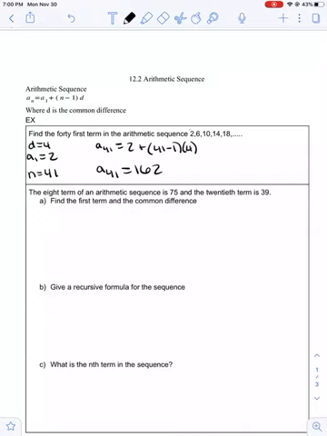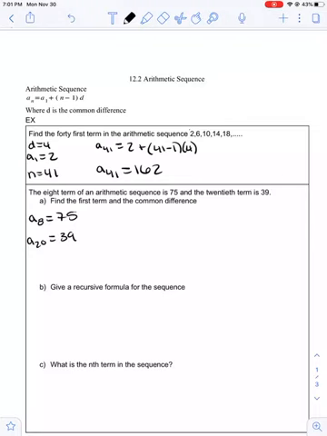Okay, so next, the 8th term of an arithmetic sequence is 75. So that means a sub 8 equals 75. The 8th term is 75. And the 20th term is 39. So a sub 20 equals 39. I don't know the first term. I don't know the difference. So I'm going to take both of this information that we know and put it into that formula to create